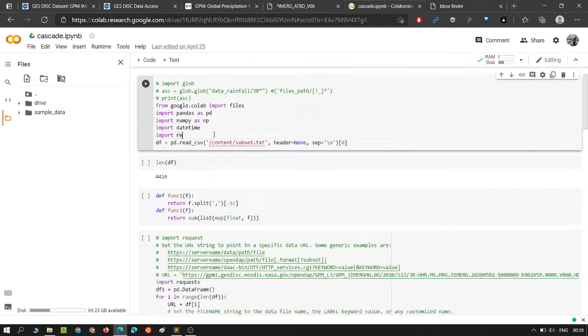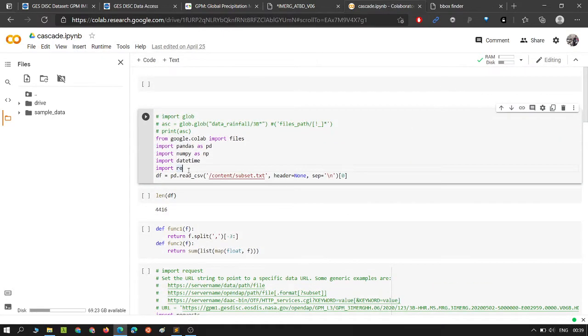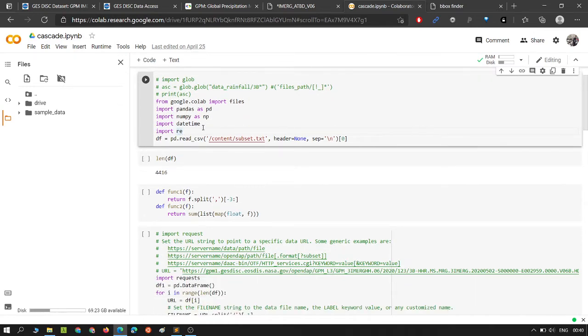It is similar to any other programming language. We import all the necessary libraries needed. Here we import pandas for data processing and data frames, NumPy for processing, datetime for converting dates, and re for regex commands. And this line tells you to open the CSV file. read_csv is a command in pandas, and pd is an alias for pandas, and here we need to replace this with the actual file.